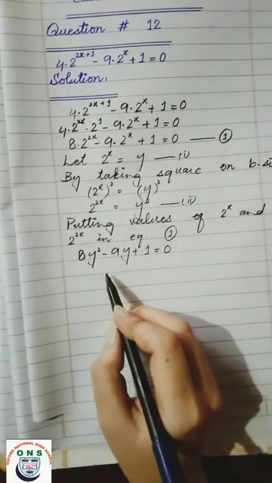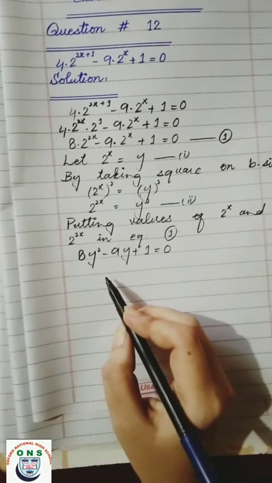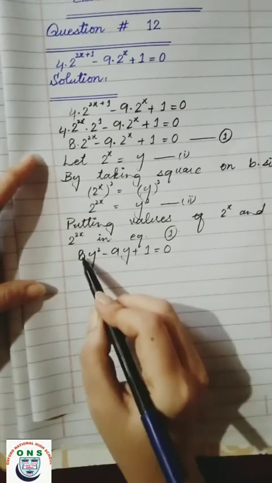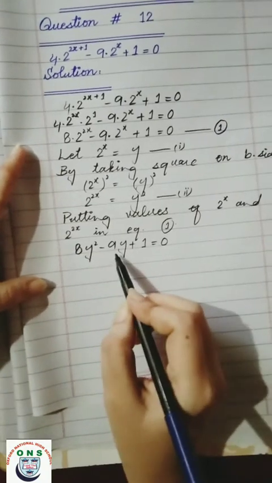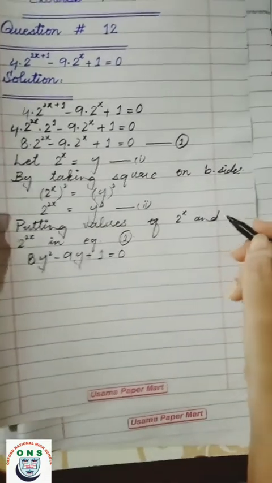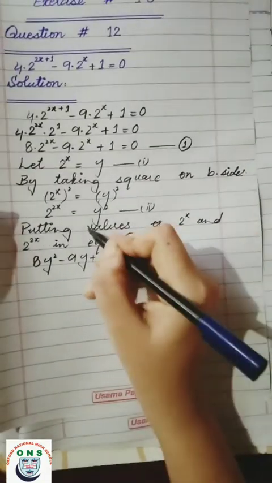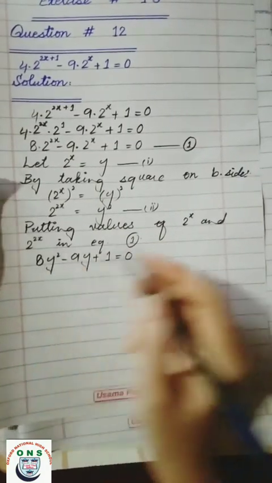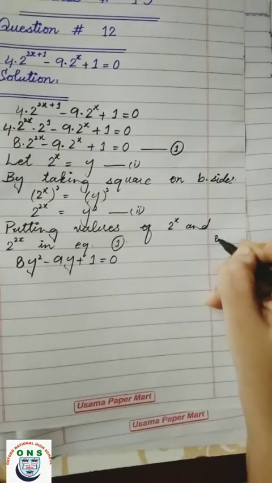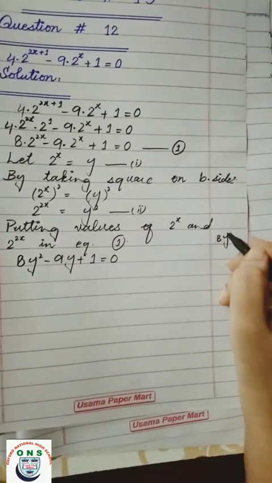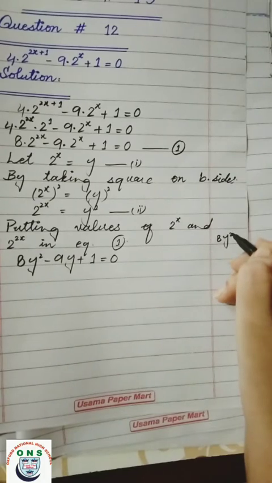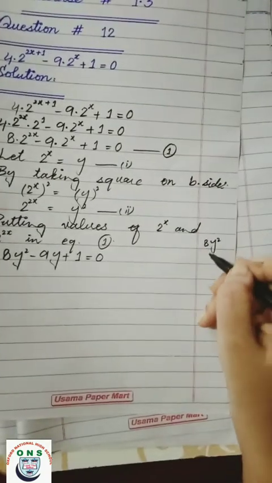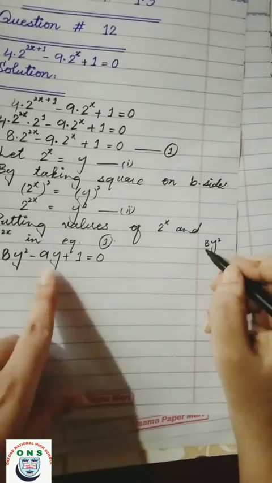Now students, we can do factorization here. How to factorize? The corner extreme values will be multiplied to each other. It will be 8y square, and we will take two factors such that if we add or subtract them we get the midterm, and if we multiply them we get the product of the extreme terms. So two factors we have to make so that we get 8y square by multiplication.